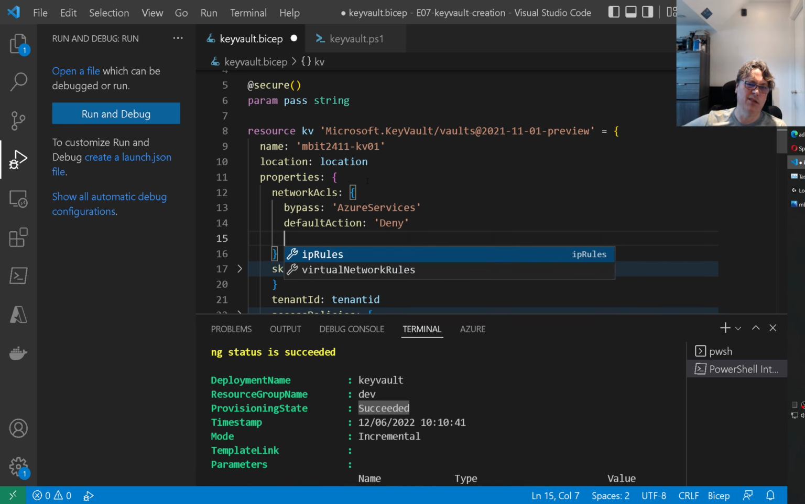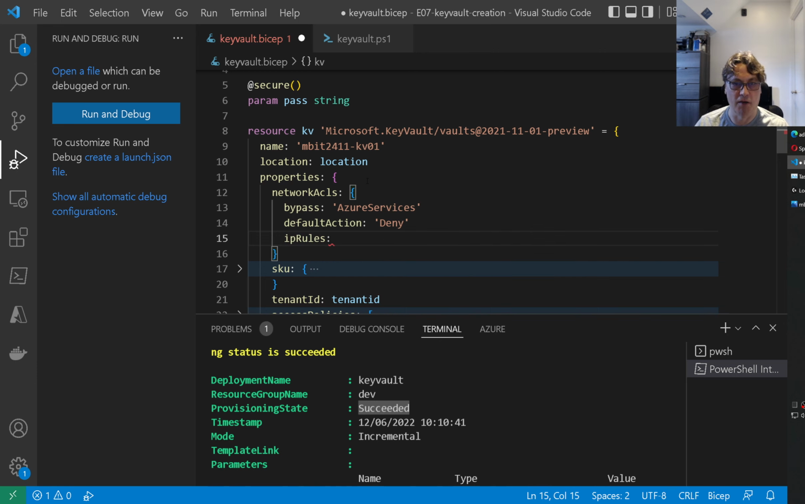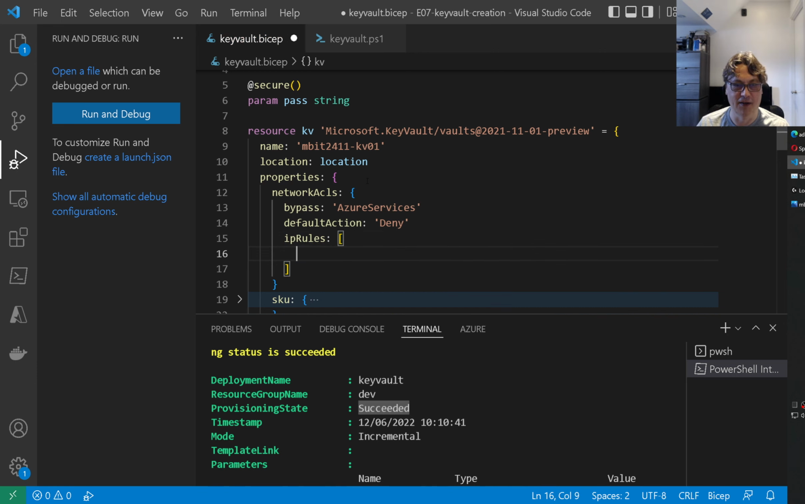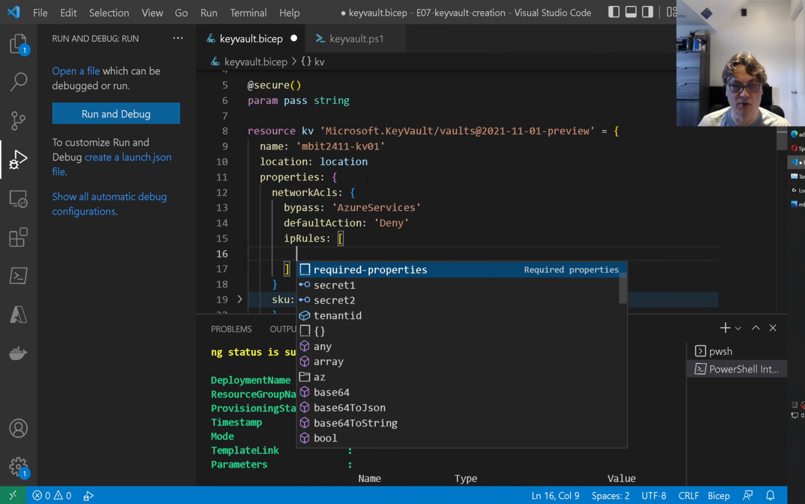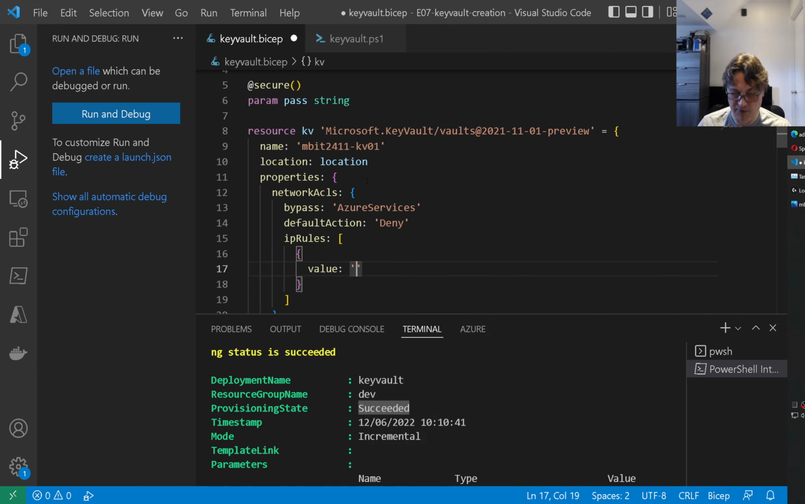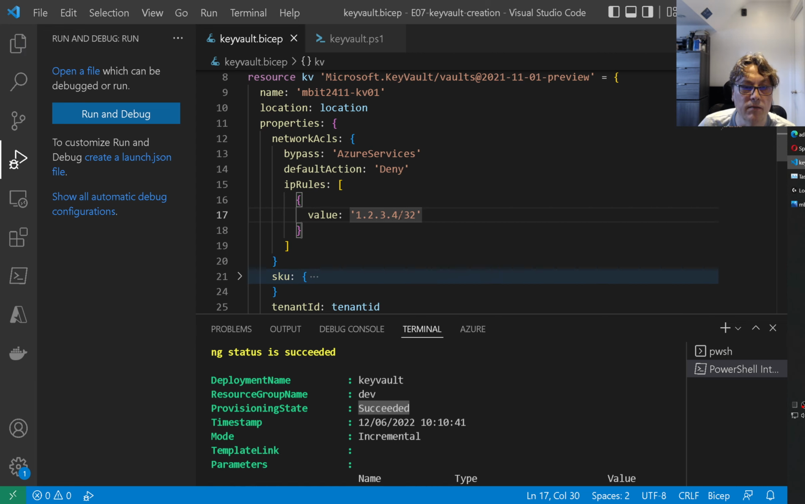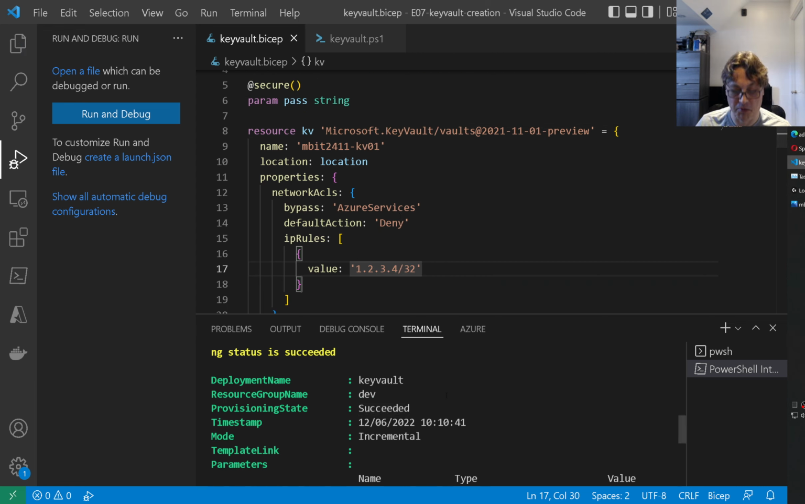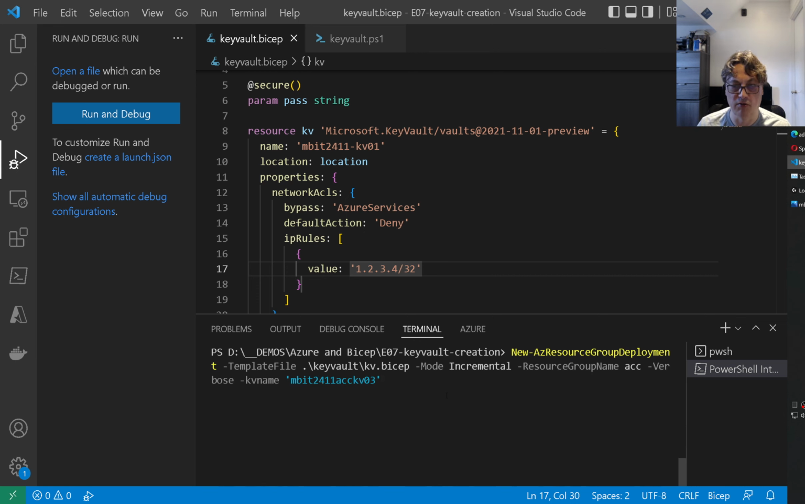I don't have any IP addresses yet in my virtual network, so I add some IP rules, specifically my own public IP address, or I pretend doing that. Okay. So then I do the required properties and then value. I think I need to provide something like 123.4/32, like an IP address. And perhaps that's it already. So let's run this